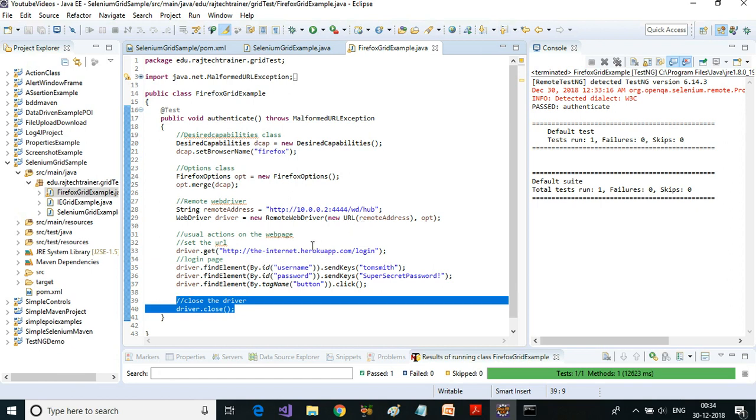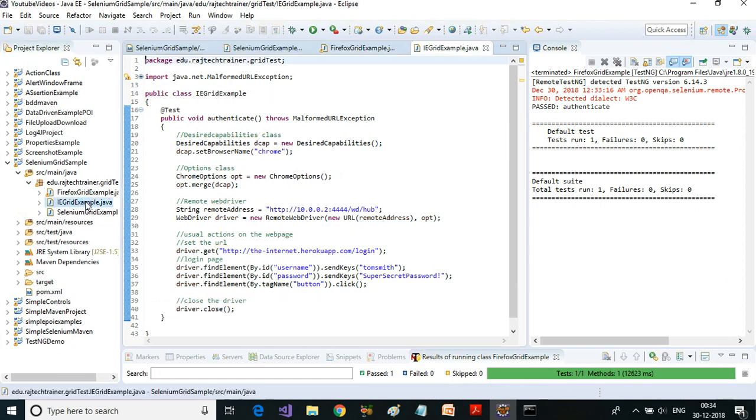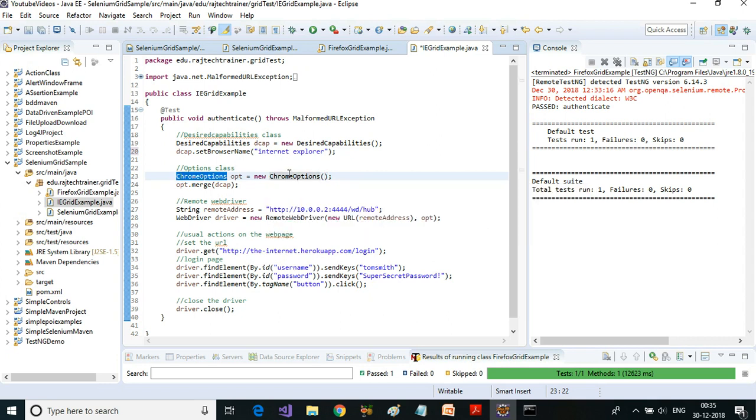Okay, so let us go to IE grid example now. Here also I'm going to set the browser name as Internet Explorer, and instead of Chrome options there is Internet Explorer options.